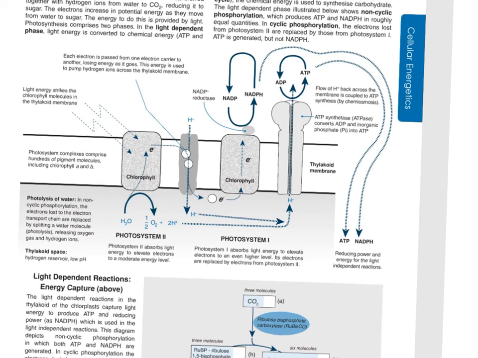Anything like that shows me you understand the concept, because the whole point is that this is what happens in the light reactions. Where else does this happen? Cellular respiration. What part of cellular respiration does this happen in? Mitochondria. What process? Electron transport chain. Electrons being transported. So this is very similar to the electron transport chain in cellular respiration.